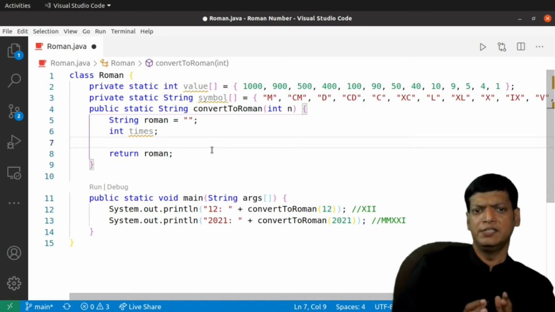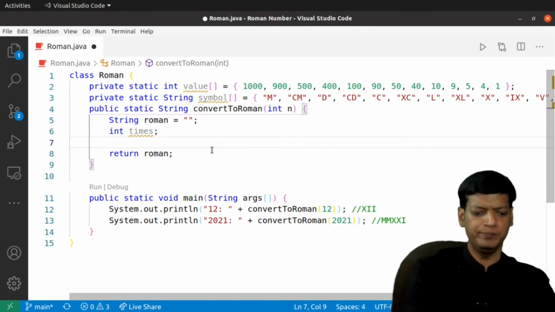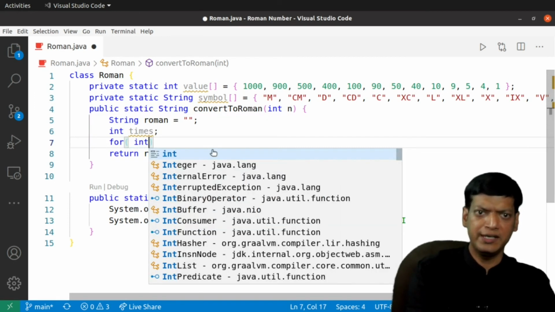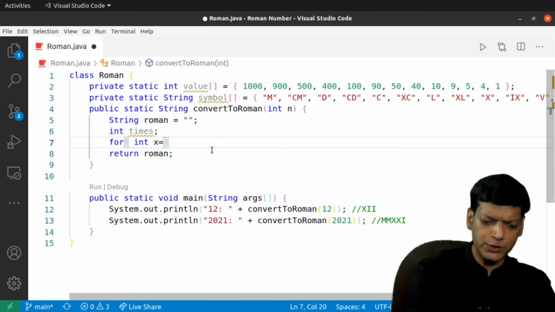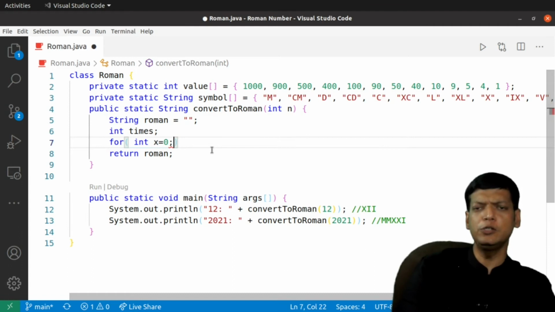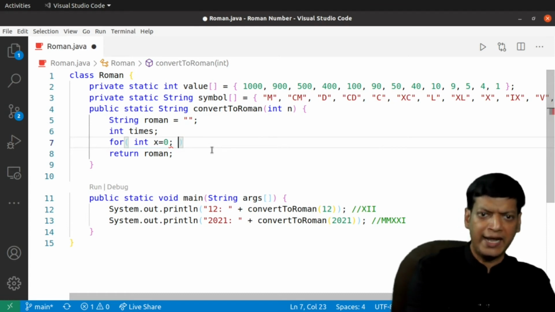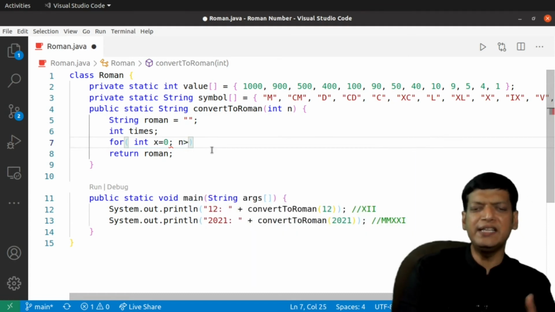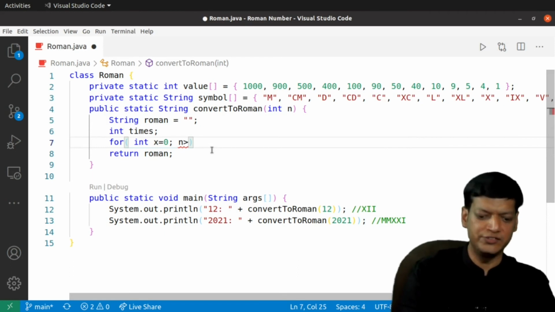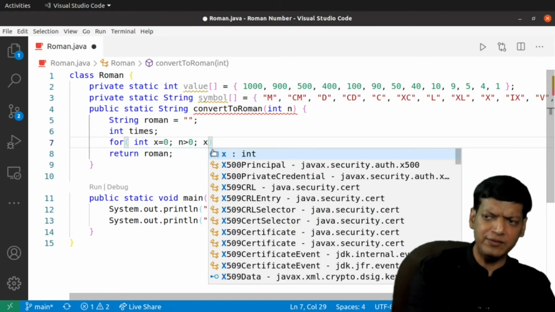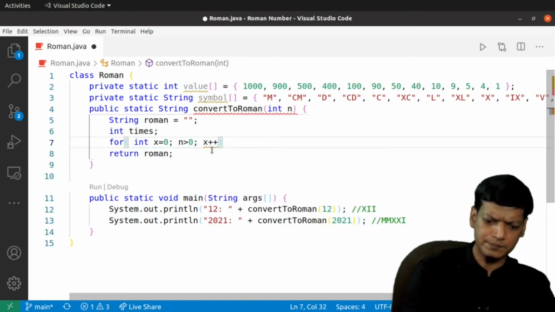Now the first thing is we have to run a loop. So I'll say for int x is equal to 0. We'll start from the 0th location of the array and continue the loop till there is something left in the variable n. So till n is more than 0, our loop will run, and every time we'll say x plus plus.